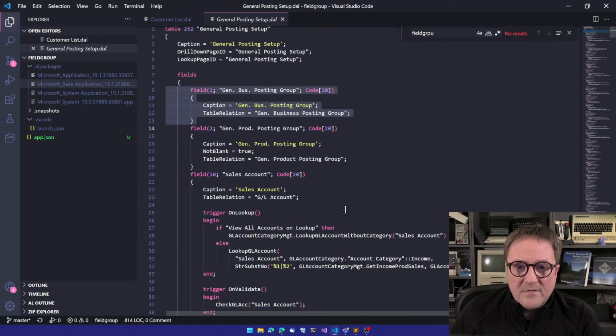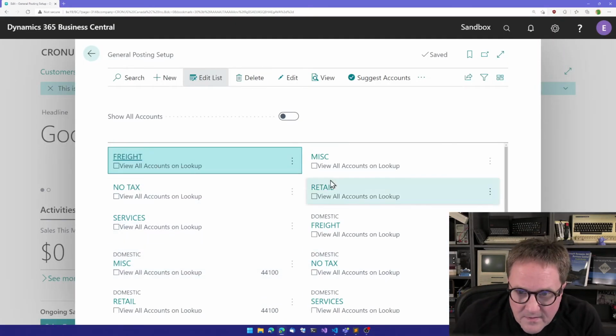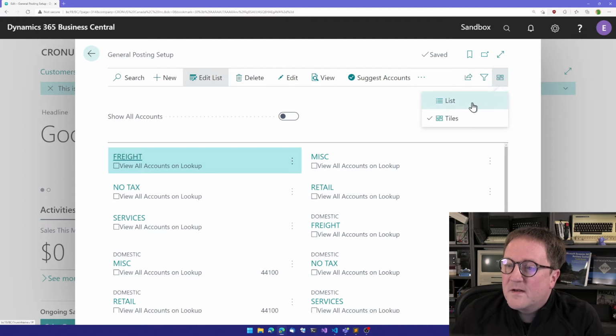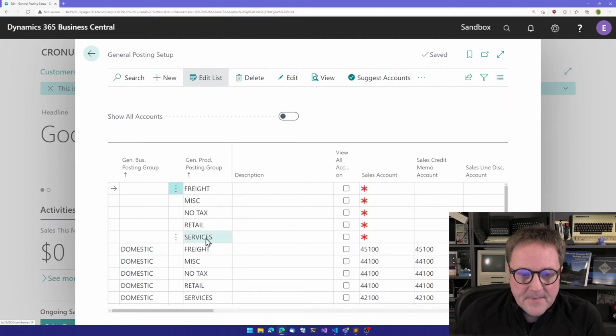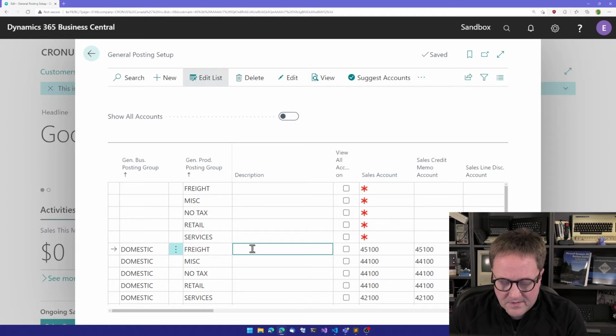Maybe not actually. Let's see what we get. So you see, there's a blank one at the top here because this one has domestic freight. So if we go back, let's see what we actually get here. So domestic freight. So let's add a description. It's rarely used for anything, but